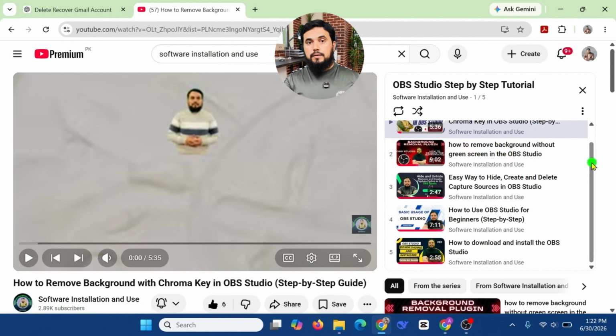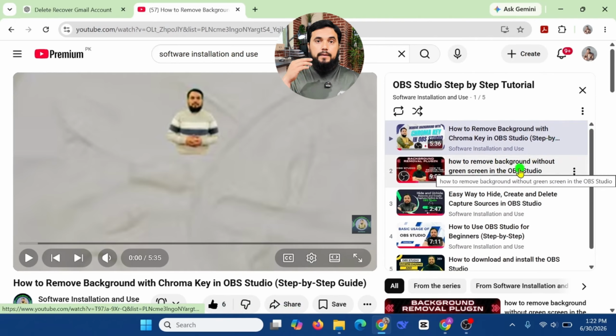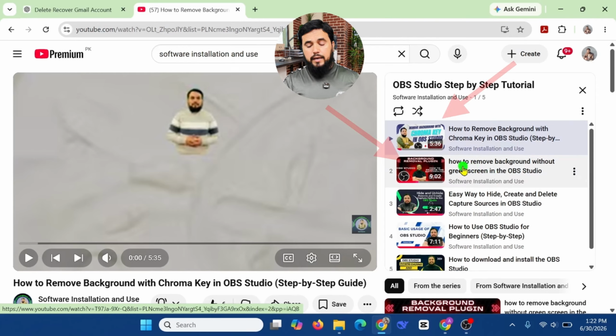One is to remove the background through the green chroma key, and another is to remove the background by the background plugin. This video is about removing the background. Above is by the chroma key, below is about the plugin. Go back again